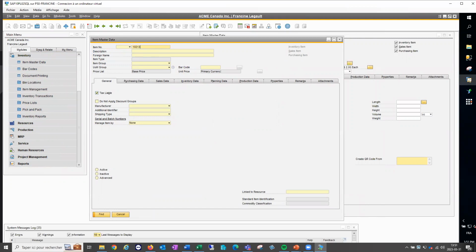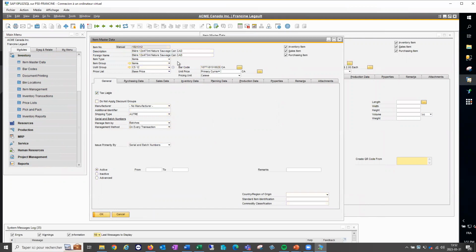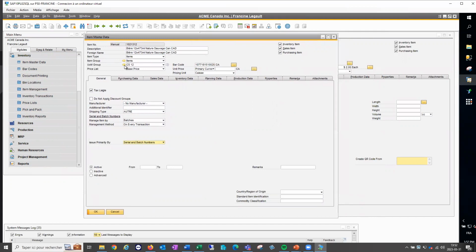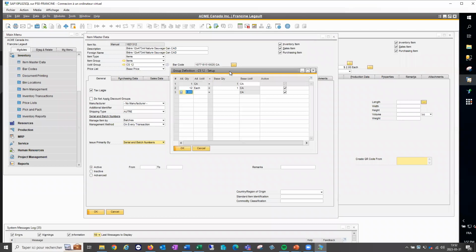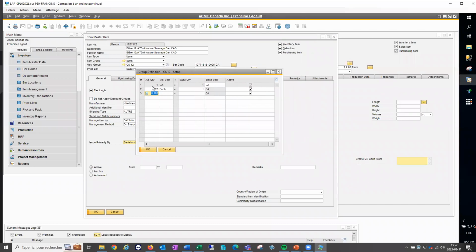So the first one is this item. This client was selling beer, obviously. And like I said, when they were not using the WMS, it was easier for them to just manage everything in case of 12, but to add the unit as an alternative unit of measure, okay?